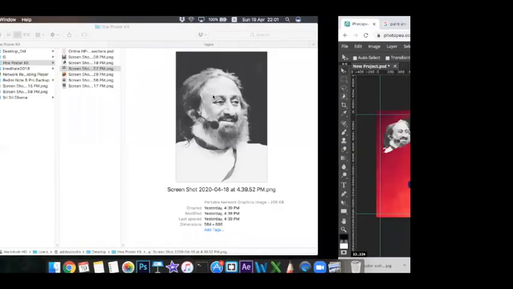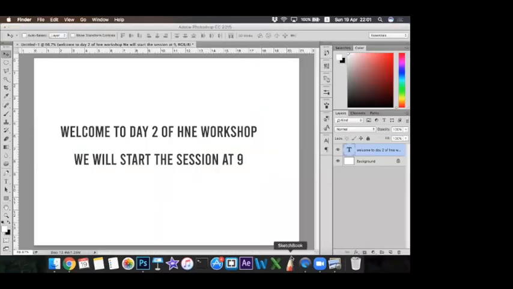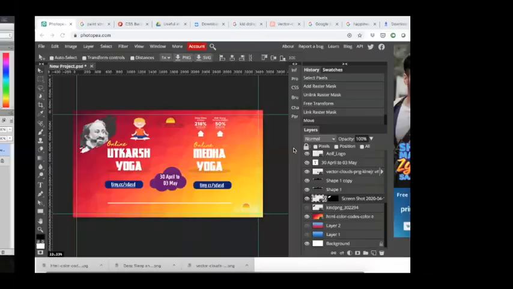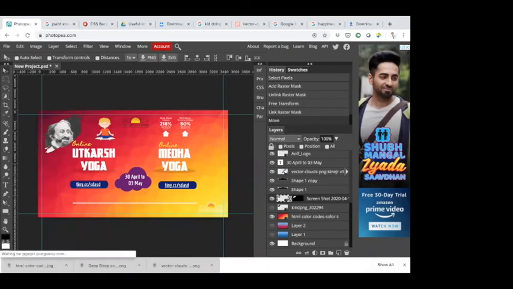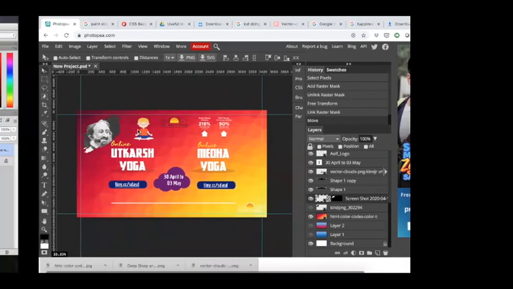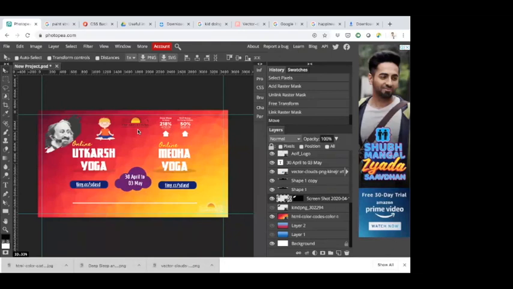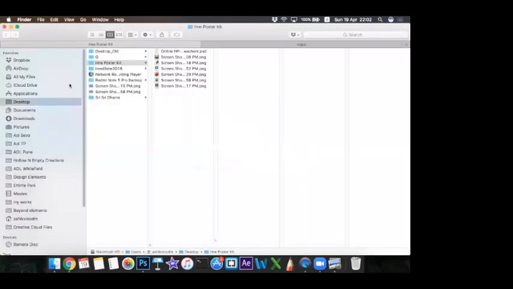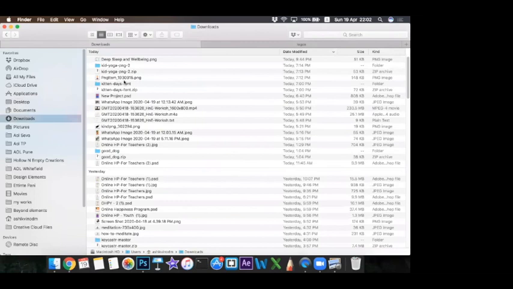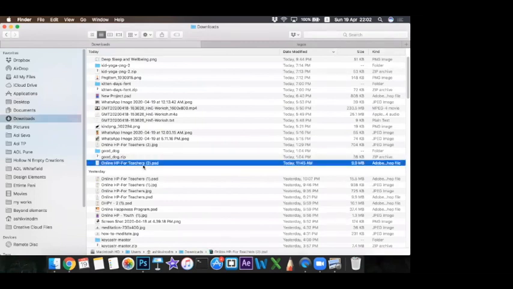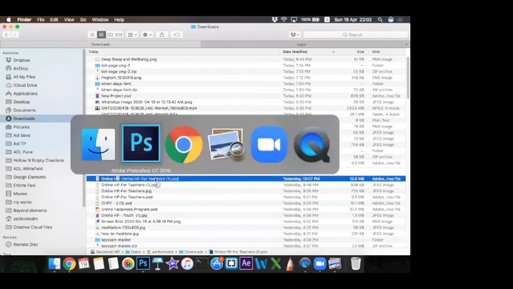I think most of the things which are needed for making a poster are actually covered. Just one thing, Ashik. From yesterday's session, the poster had very nice graphics at the top left and the right bottom. Apart from the text and this and that, could you throw some light on how exactly we do that? Yesterday's session, the poster we had made, it was an already existing poster and we were editing it. And there were very nice graphics on top left and right bottom, I think. I don't know how exactly.